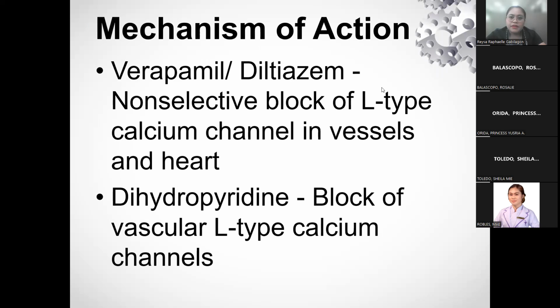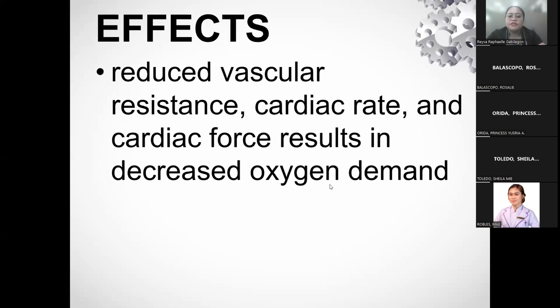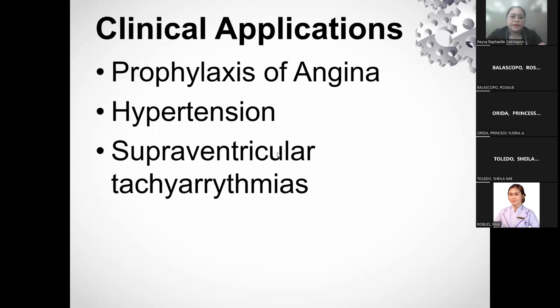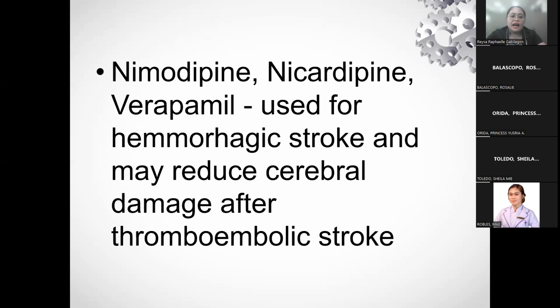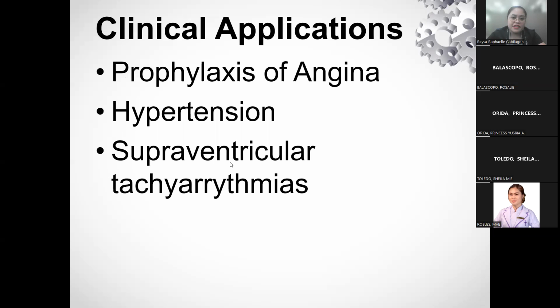So we have two types of CCBs, right? The non-dihydropyridines, which are not really that selective, so they may inhibit both channels in the heart and in the blood vessels, but the dihydropyridines are selective to the blood vessels only. Okay, however, they are just used as prophylaxis for angina. We don't use them during the attack. So unlike the other forms of the organic nitrates, some of which can be used during the attack. Now we can give this aside